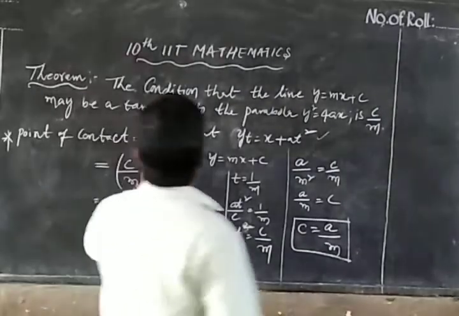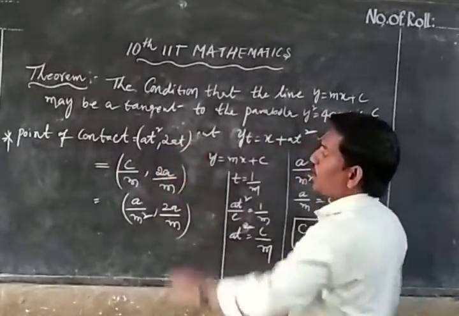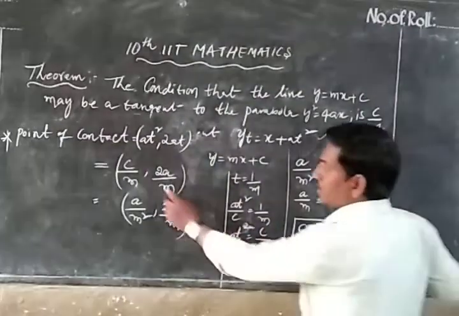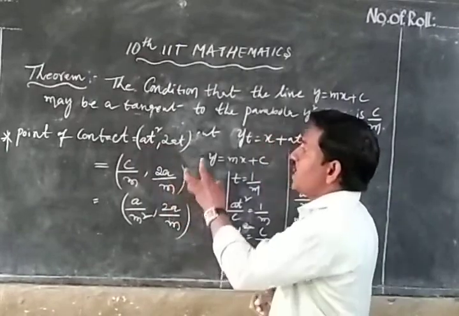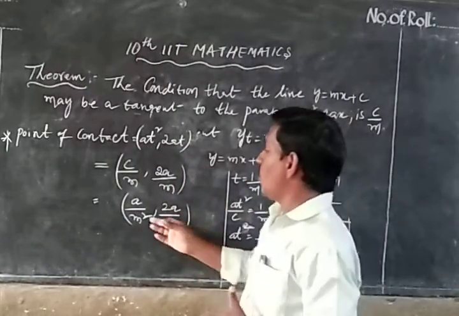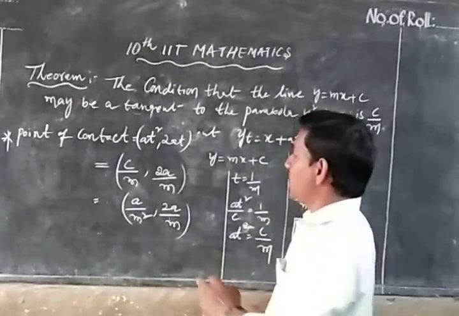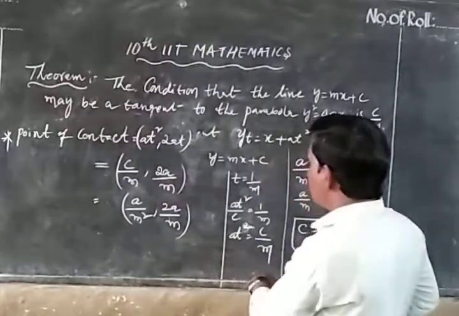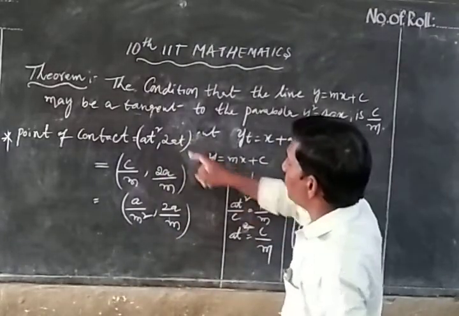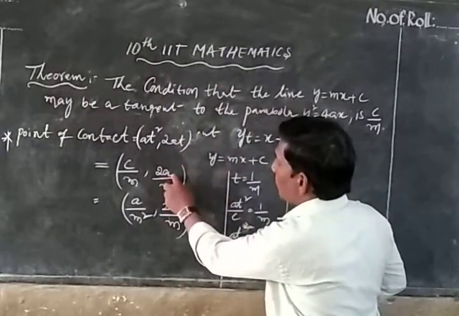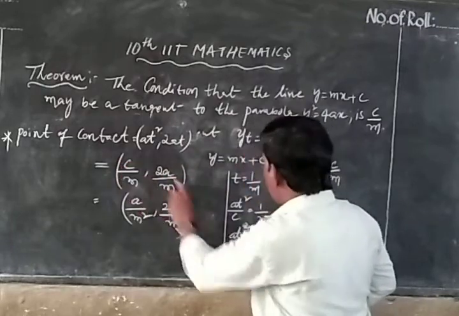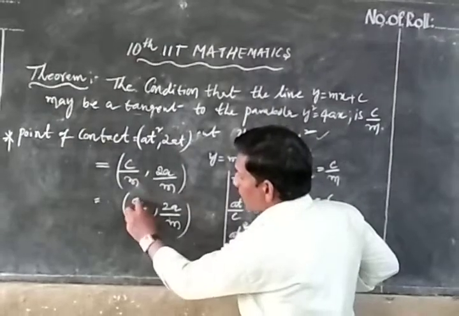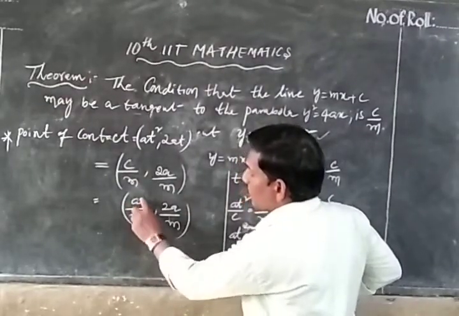At square comma 2at. That means at square equal to c by m. So we have to express at square comma 2at in the form of a and m. That is why at square equal to c by m. 2at means 2a, t means 1 by m, so 2a by m. Yes, again c means a by m, so a by m into m square, a by m square.